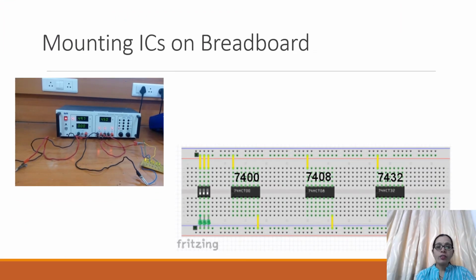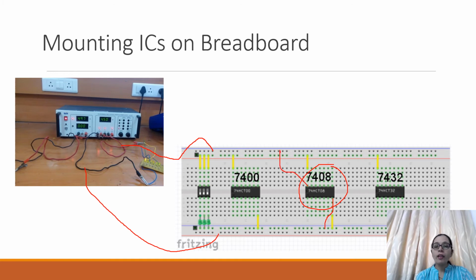Now, after studying the structure of the IC, you can mount the ICs on the breadboard. I have told you earlier also that the notch should be at the left side. So, 3 ICs are mounted on this breadboard, and how to give the supply now? Here VCC will be given from the red slot and the ground will be given from the black slot. Now, let us consider the 7408. Which is the pin for the ground? Pin 7. So I will connect pin 7 to ground. Pin 14 I will connect to VCC.